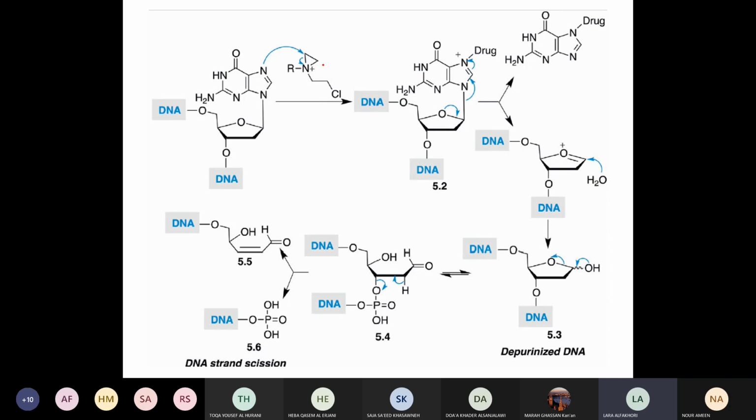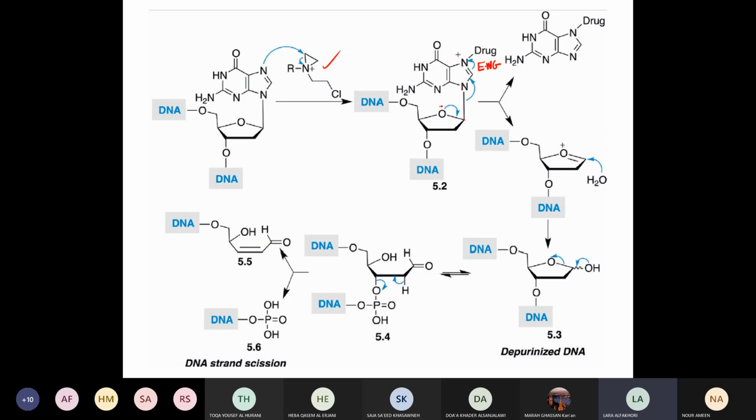Now, definitely this compound we will talk about, or shortly how it does that. But alkylation of DNA will weaken that bond between the nucleic base and the carbon of the deoxyribose, because the nitrogen, as we have mentioned, will become positively charged after alkylation, a very strong electron withdrawing group. It will highly withdraw electrons from everything around it, weakening that bond between the nitrogen and the carbon.